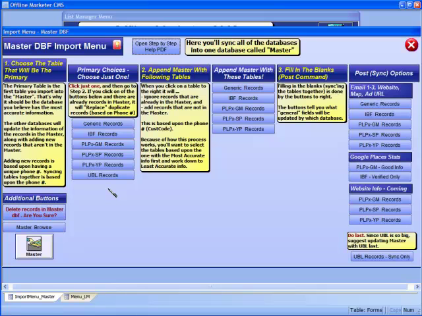We want to start with that one. And we'll just simply click that button. It's very fast. Click it, pulls it right in. Then we're going to append it with the other databases. And what happens is, when I go to append it, if it sees that record by the basis of the telephone number,